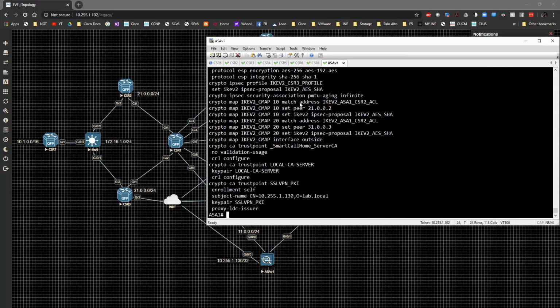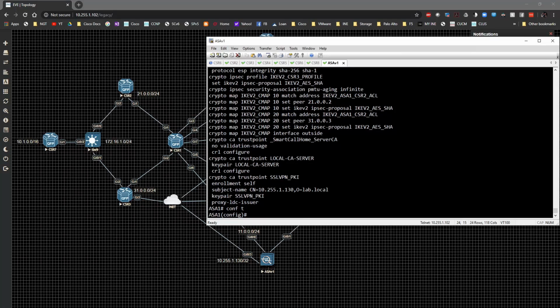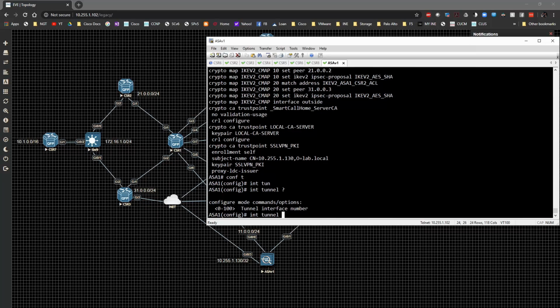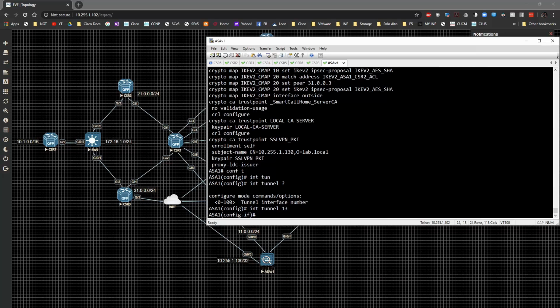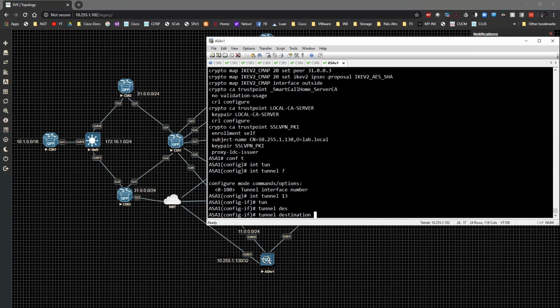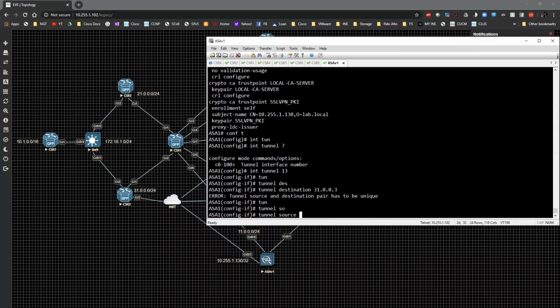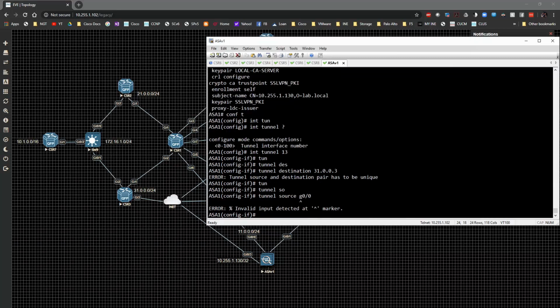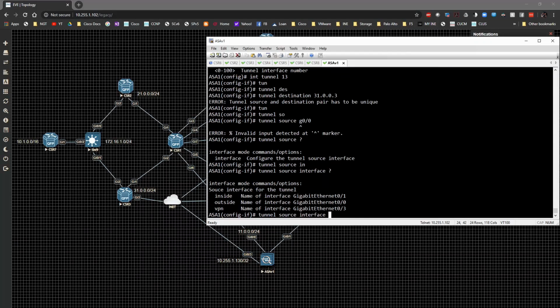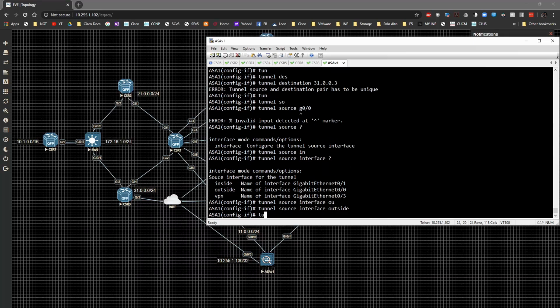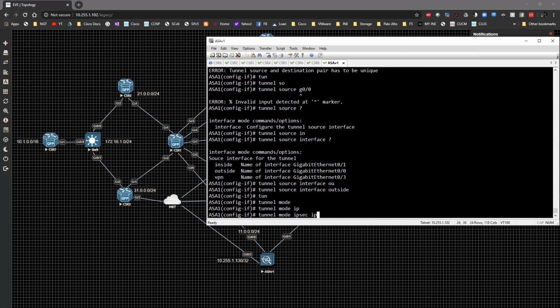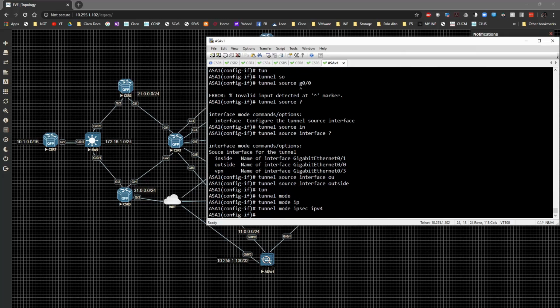So if we were to change the config up and point this guy towards CSR3, let's do this. We're going to say interface tunnel 13. We'll type in tunnel destination is going to be 31.0.0.3. Tunnel source is going to be gig 0/0. Or actually, I'm sorry, this will be interface and it'll be outside. The tunnel mode will be IPsec IPv4. And we'll specify the tunnel